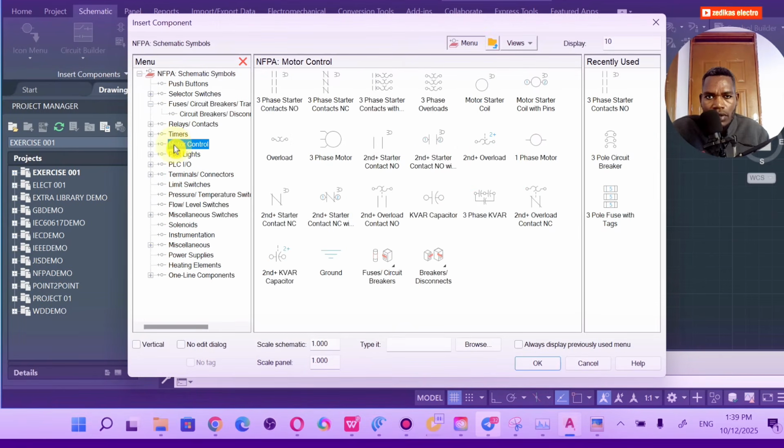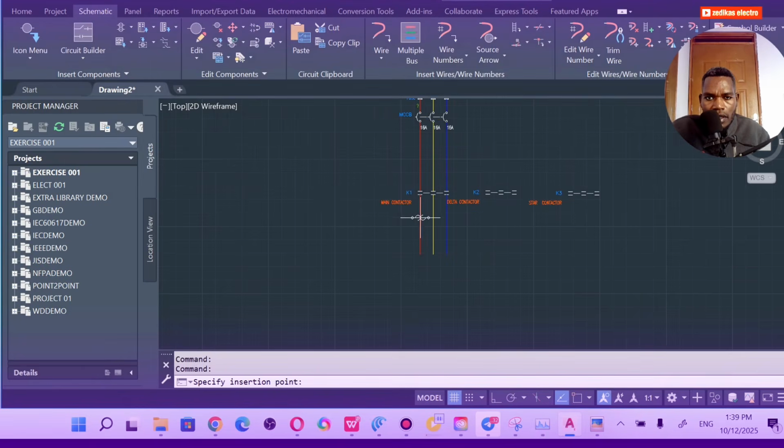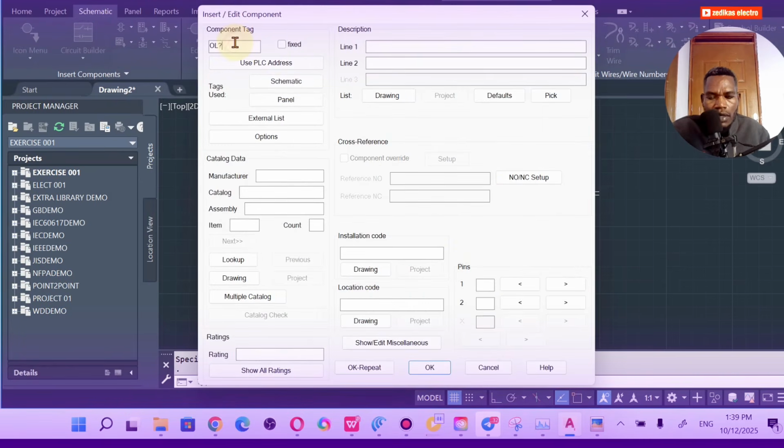Under motor control we have a 3-phase overload, so you have to click on 3-phase motor overloads. Okay, this one, and bring it around here to the right, and then we have overload here, this thermal overload,